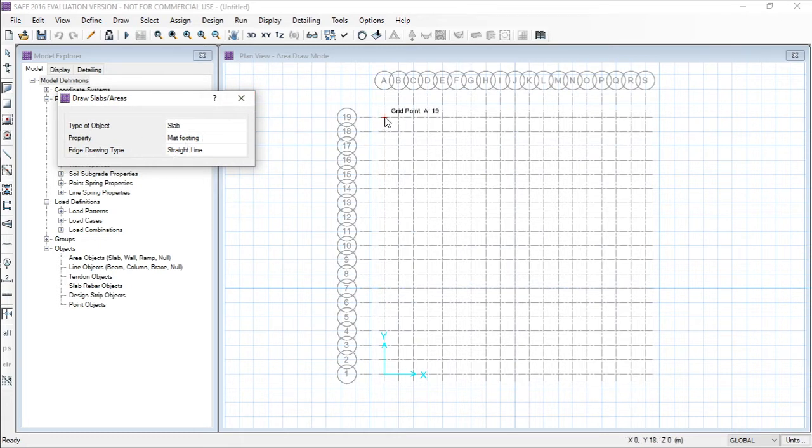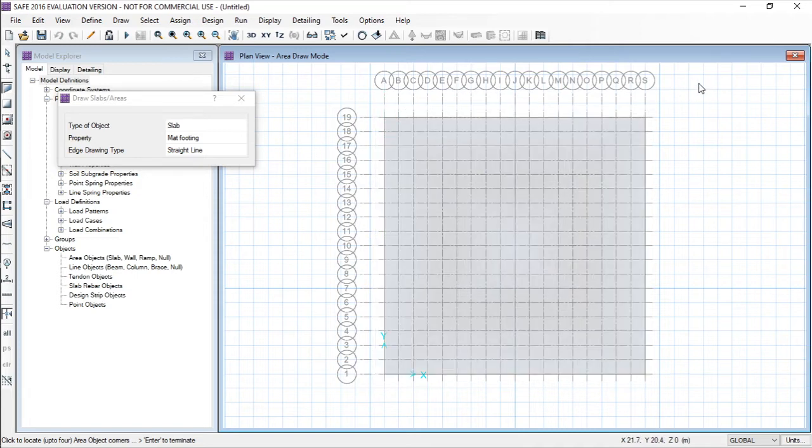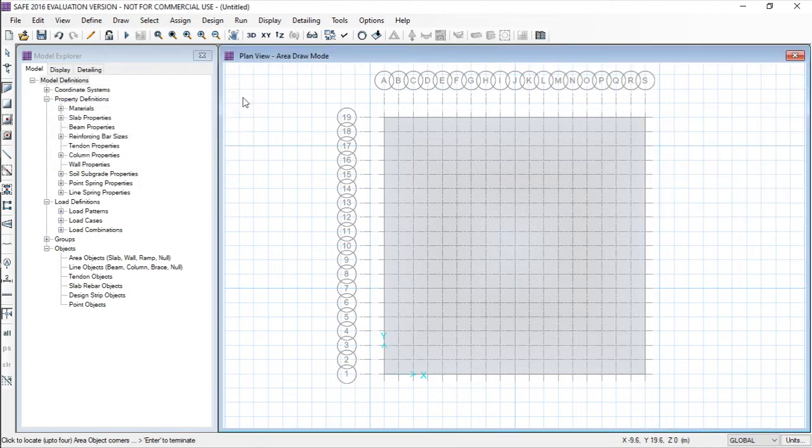Now select the corners, and obviously we have to close this traverse, otherwise it will not create a proper slab. Right click at the outer side and close the box. So we have successfully created this slab.